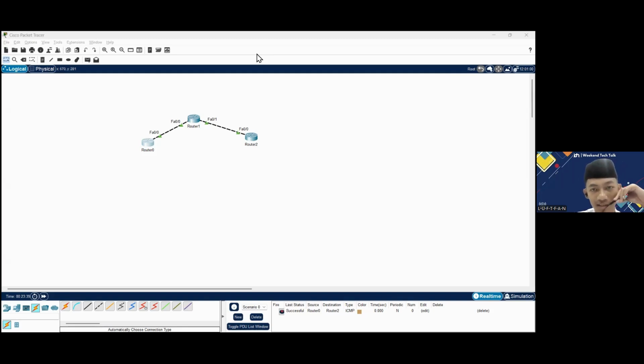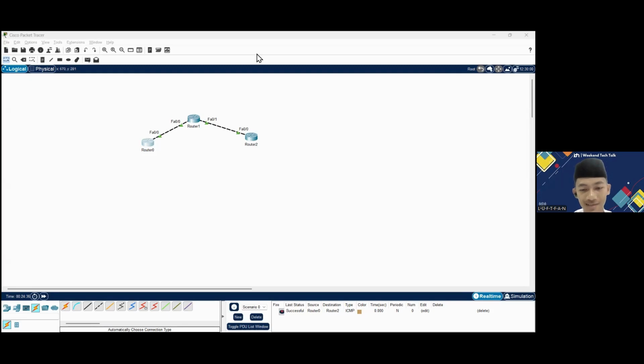And then after that you can go to the interface that you want to apply the key chain to, and then you can type ip authentication mode eigrp 10 md5.